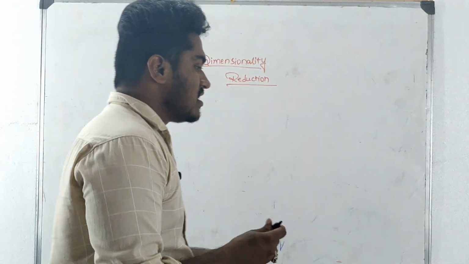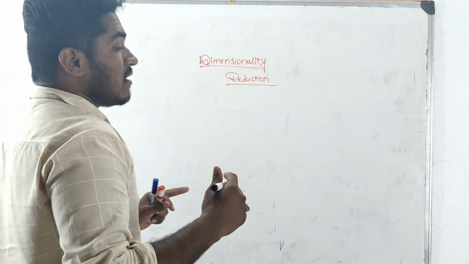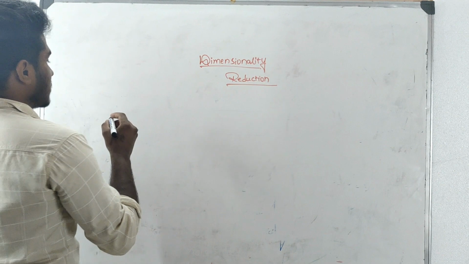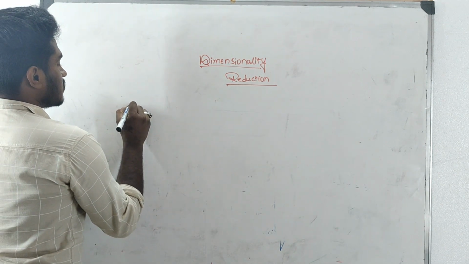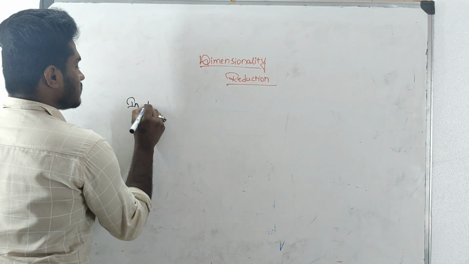Now we will see what dimensionality reduction is, what the benefits of dimensionality reduction are, what the advantages and disadvantages are, what the features of dimensionality reduction are, and what techniques are used in dimensionality reduction. Now we will see the formal definition of dimensionality reduction. Formally, in pattern recognition, dimensionality reduction is defined as